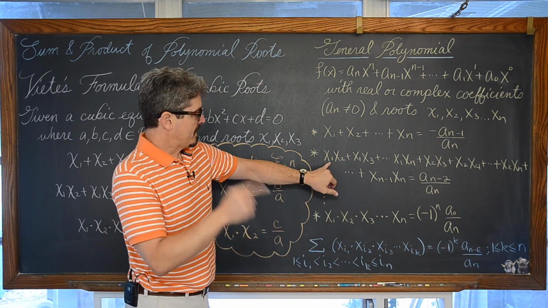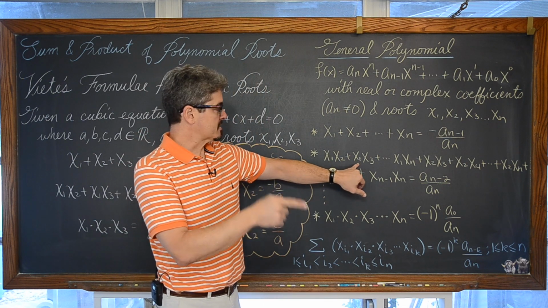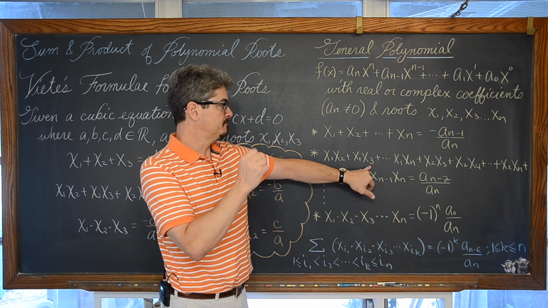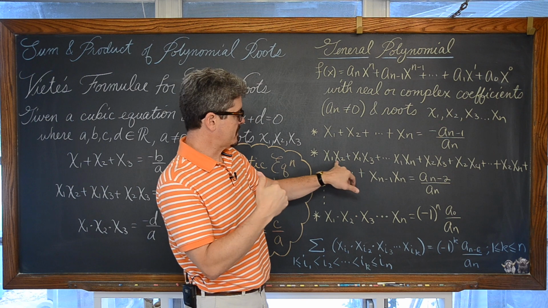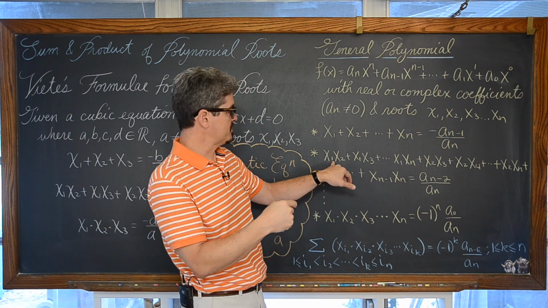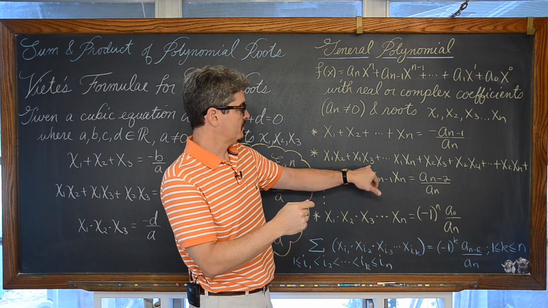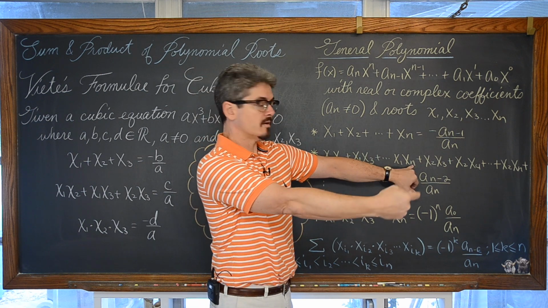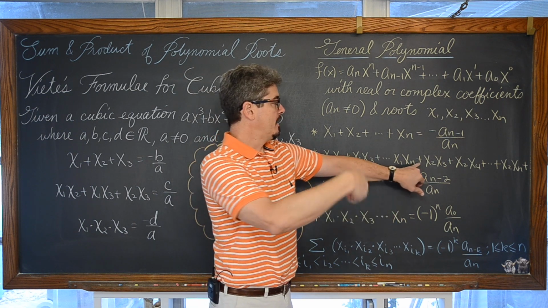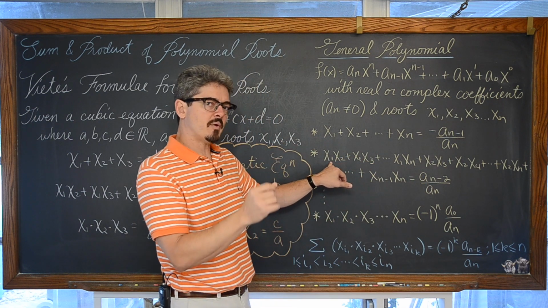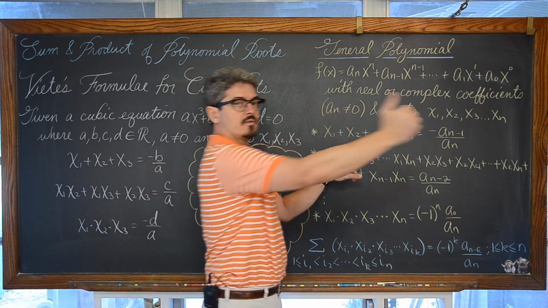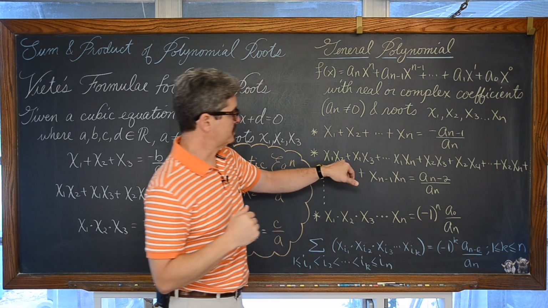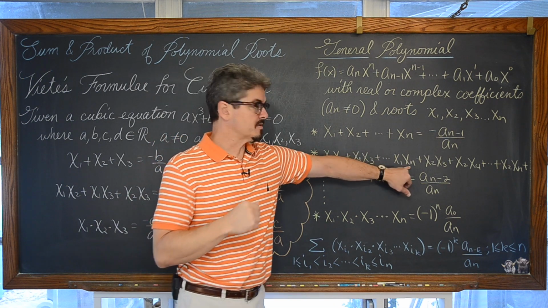Then if you do x sub 1 times x sub 2 plus x sub 1 times x sub 3, because we're going to continue that process of multiplying our roots, starting with x sub 1 times 2, 3, 4, 5, all the way down to x sub n. And then plus, so you're going to exhaust all the possibilities of having your first root times every other successive root that your polynomial gives you until you get to that nth root.